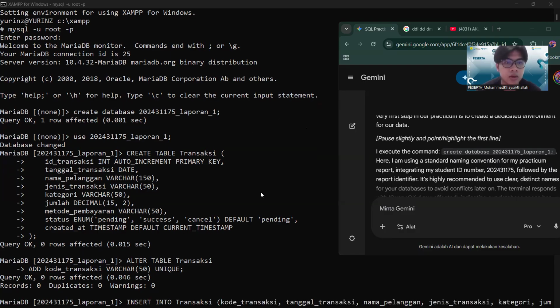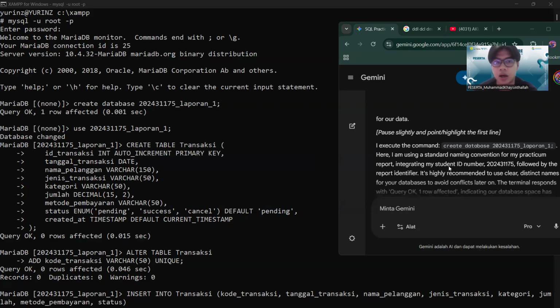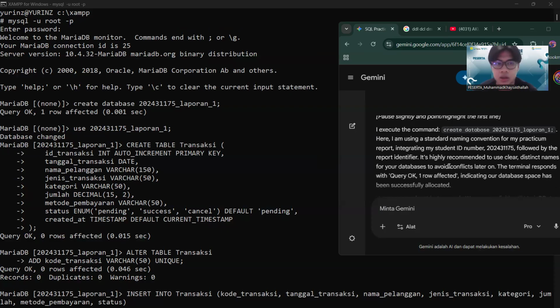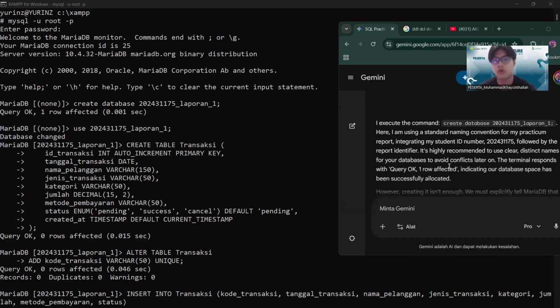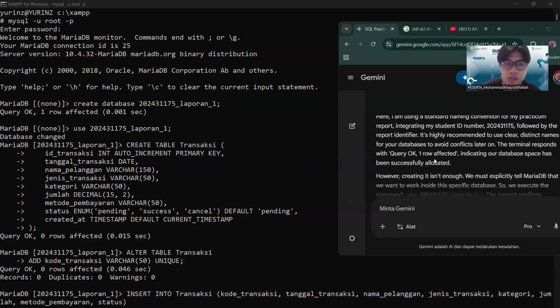And then we can see the query is to use the database that I already made. We should write the name of the database the same as we created, so the query does not error. And then we create a table called transaction table.